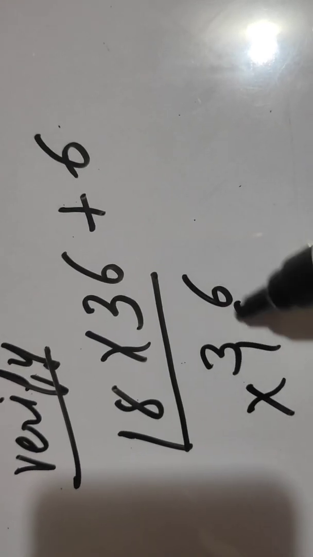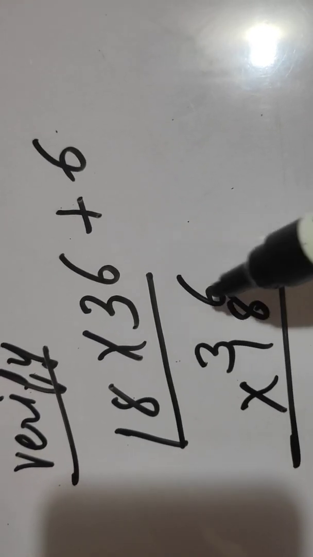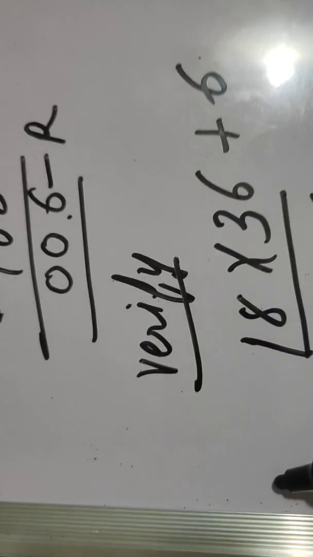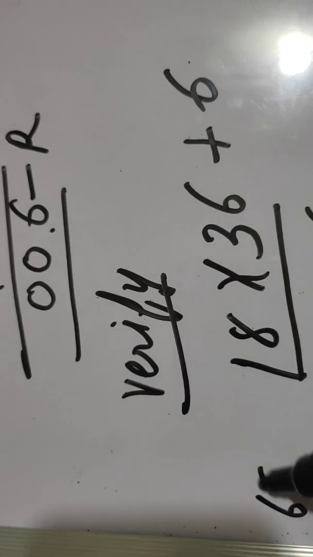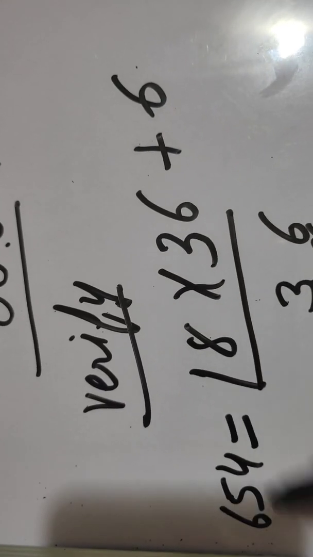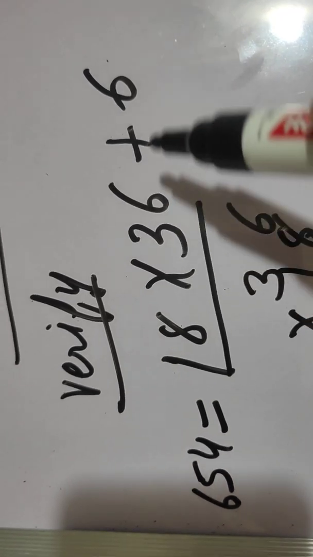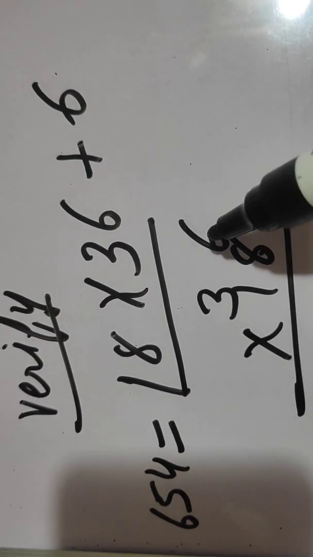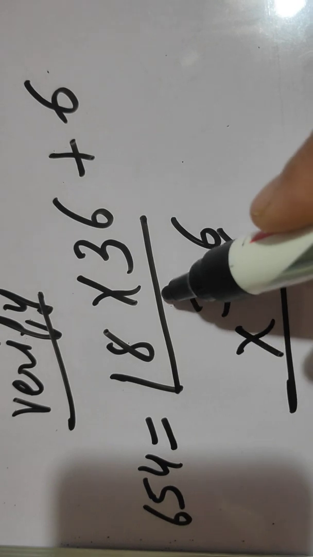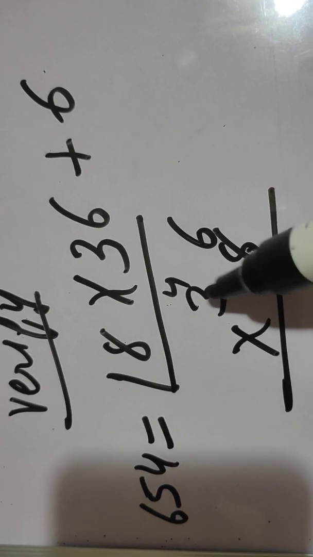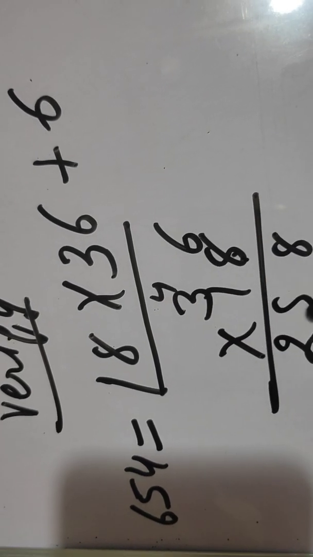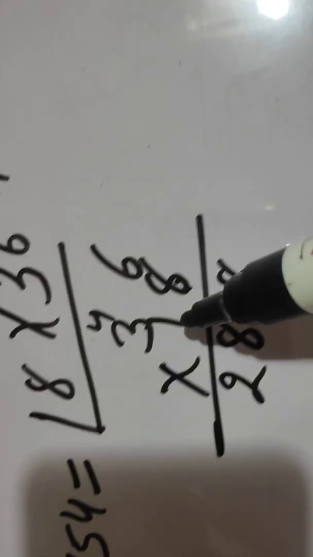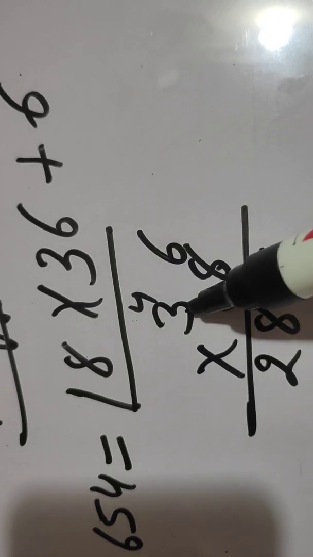So now firstly multiply these two. 8 6s and here dividend was 654. So 654 should be equal to this. 8 6s are 48. 4 goes as a carry. 8 3s are 24 and 4 is 28. Ones place multiplication is over. Now we have to multiply by 10.